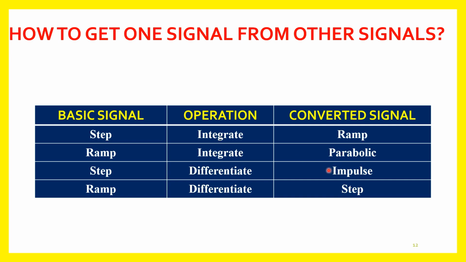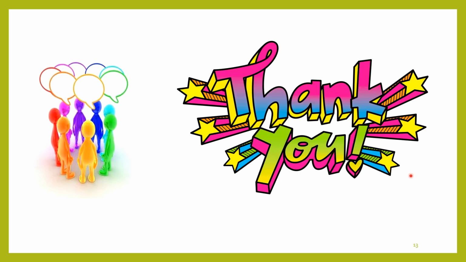If you want to decrease from a higher order signal to a lower order, you can go with differentiation. If a step signal is available, it is a constant signal, so the differentiation of a constant is 0. But at time t equal to 0, when you enlarge, you will get an impulse signal. You can also verify it with the CRO or DSO available in the laboratory by doing an experiment with an op-amp. For a ramp signal, when you perform differentiation, it will become a step signal. In this way, we can convert one form of signal to another form. And that's all about this class. The next topic we will discuss is poles, zeros, type and order of the